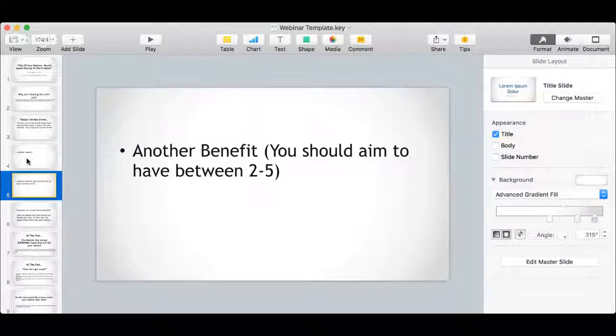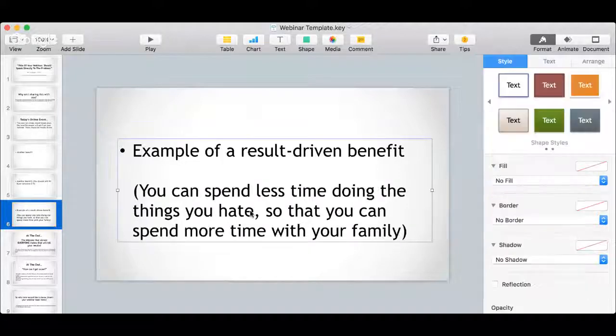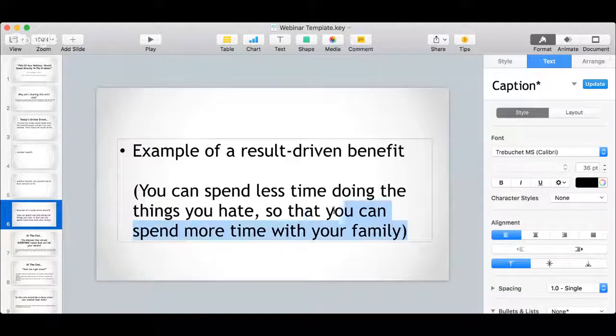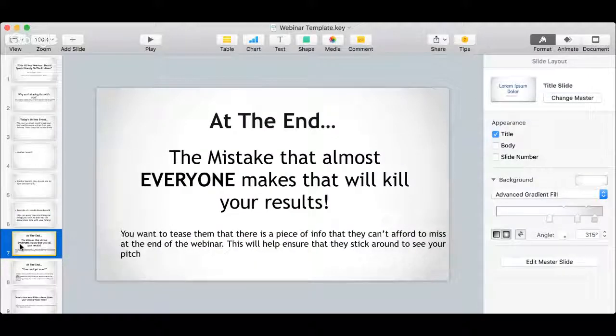I say to have between 2 to 5. You want between 2 to 5 benefits. You can list what benefit do people get from the training you're about to give them. And an example of a result-driven benefit is you can spend less time doing the things you hate, so you can spend more time with your family. That's just a general example. So you would just take this and write something like this for your expert, your webinar. So this entire webinar, slide by slide,